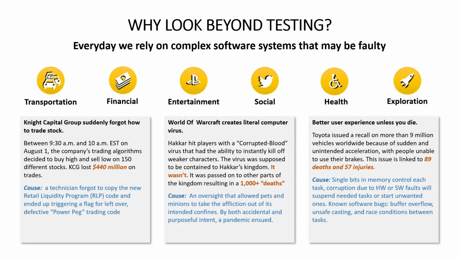They had an automated trading system that they wanted to automate, and then they lost 440 million because this thing didn't trade in a good way for them. Then there are some other examples in games where viruses were accidentally introduced that would affect the gameplay,